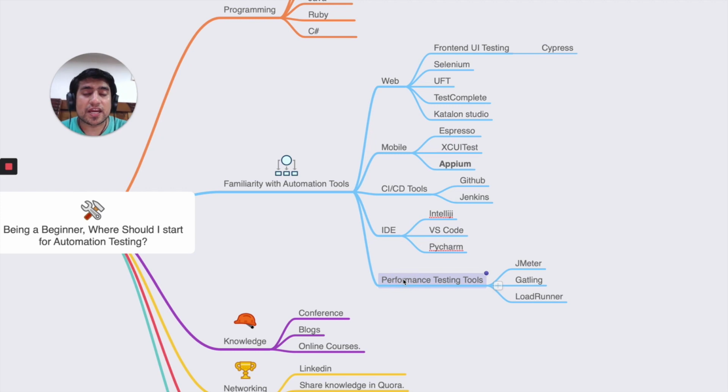Performance tools again, if you are in the software automation industry, right? Even if you're a manual tester, there will be a time when you have to do performance testing, right? So be prepared for that. And the first tool that will come to mind is definitely JMeter. I have created a video around JMeter, right? How to start REST API testing and all. I will recommend you watch it because you will get clarity over it, right?